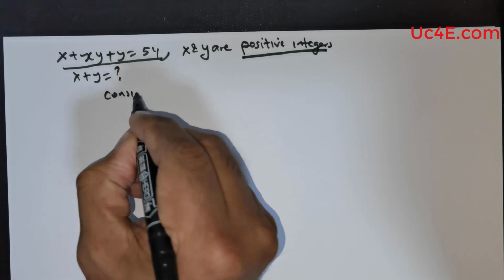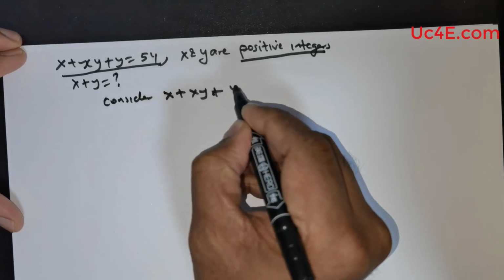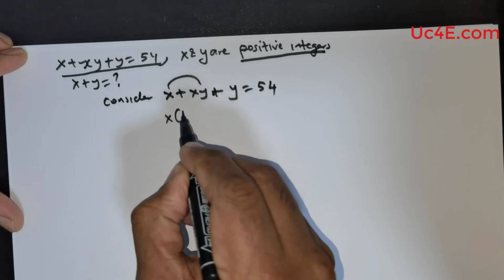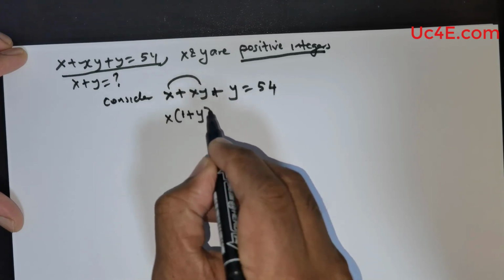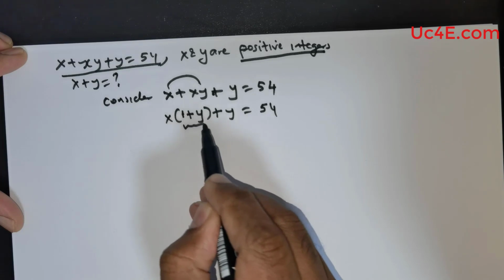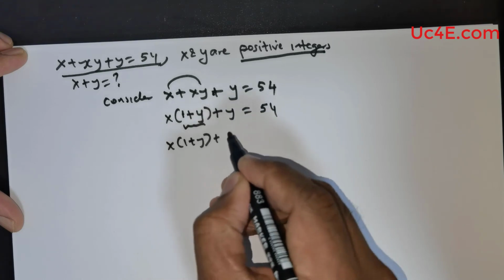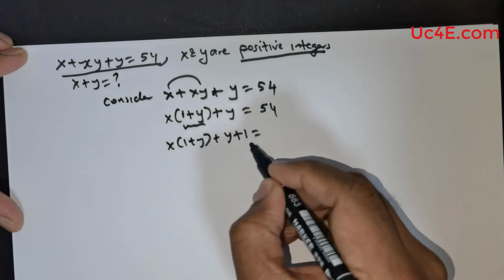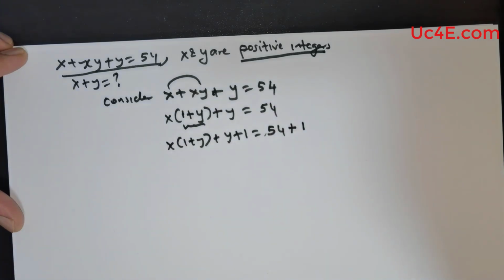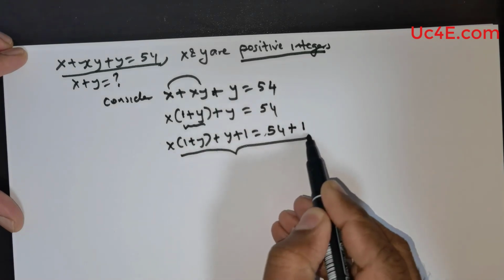Now, foremost, what I would do is I would start with x + xy + y = 54. Then I will club these two together. I will take x out. So this would give me x(1 + y), followed by y = 54. Now I would like to have a 1 + y over here. So for that to happen, what I need to do is I would have to add a 1 on the left hand side and add a 1 on the right hand side. Right? This is to balance the system, right? I have to balance this equation,